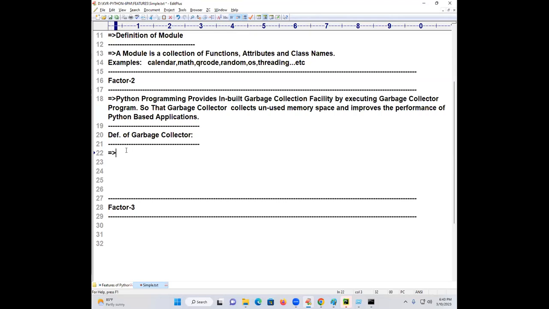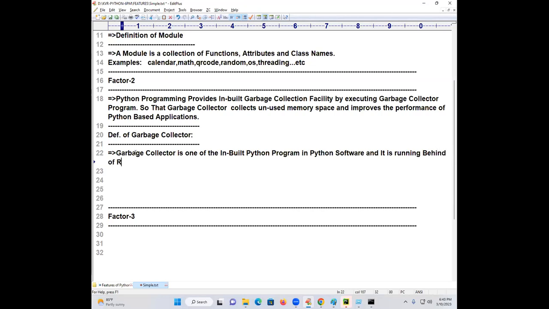So I am writing: garbage collector is one of the inbuilt Python programs, which is available in the Python software, and it is running behind the regular Python program. Regular Python program means the program which I am writing.